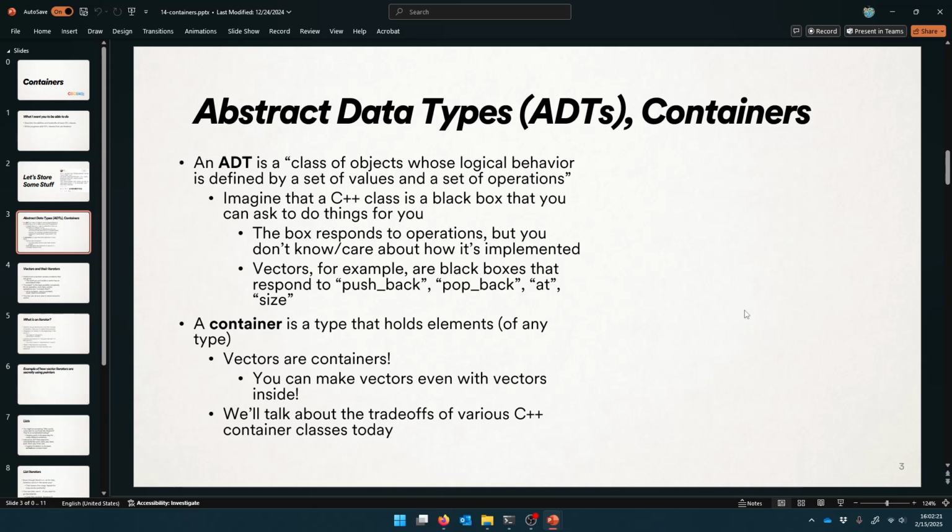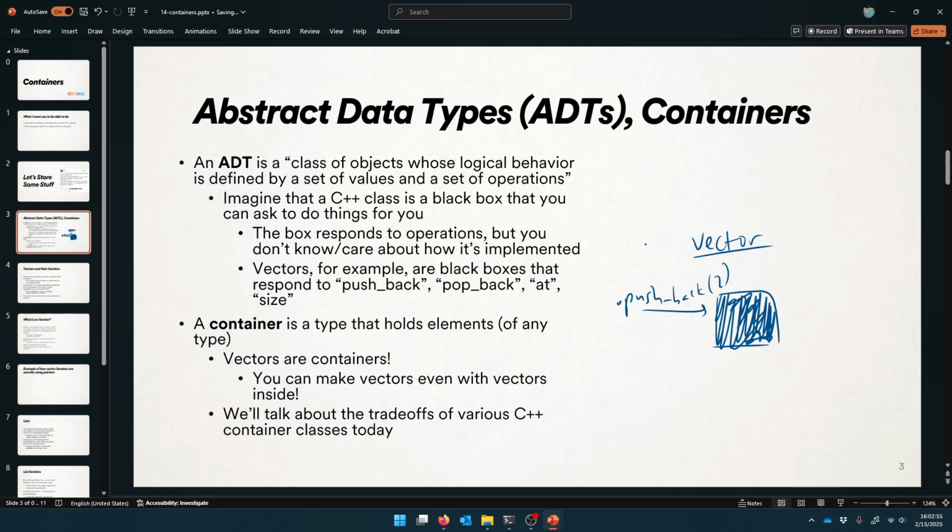A good example of an ADT is a vector. I haven't really told you what's going on inside of a vector, and maybe you can imagine a little bit what's happening. There are arrays, kind of, in a weird way, on the heap secretly, but you didn't need to care. To you, as a CSCI 40 student, a vector is just a black box that can respond to your questions in a vectory way. You tell the vector, hey, dot push_back